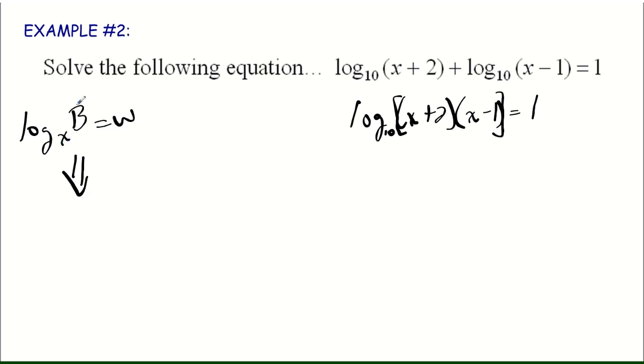X to that exponent would have to equal the argument. X to the W would have to equal B. So we learned that back in the beginning of our first video on introduction to logarithms. So that's basically this scenario. This whole thing here would be the B. There's your base, and there's what would be the W in our expression here. So this is going to be 10 to the first power equals the argument, x plus 2 multiplied by x